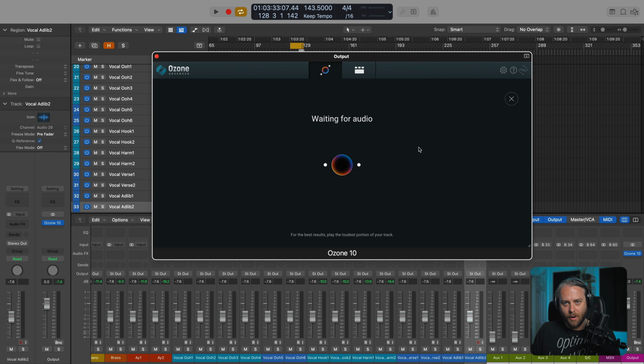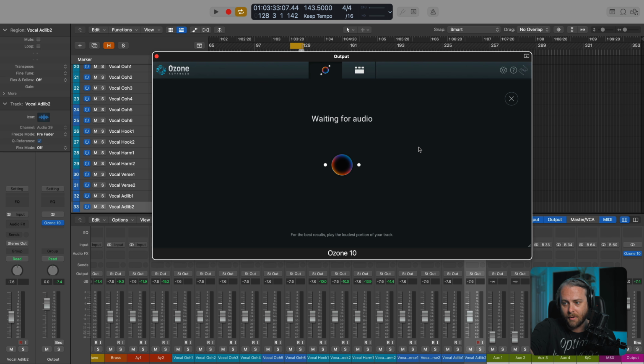It's going to listen to our track and then match it to a target reference, and then match our track to meet the dynamics, the width, the loudness of an ideal reference track. And it's going to do all of this through intelligence and machine learning and smart DSP. But first, we have to give it some audio just to get started.